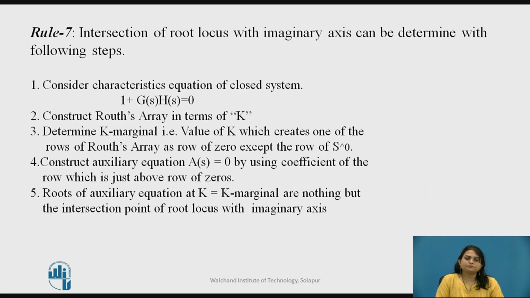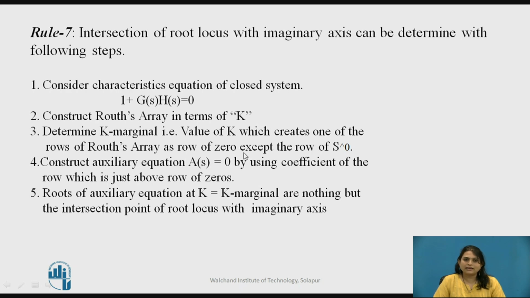Then rule number 7. Here we are going to calculate the intersection point with the imaginary axis, when we draw the root locus. So here are some steps for calculating the imaginary axis intersection point. Consider the characteristic equation 1 plus G(s)H(s) equal to 0. Now from that equation we have to calculate the Routh array in terms of K. Then we have to determine K marginal, that is the value of K which creates one of the rows of